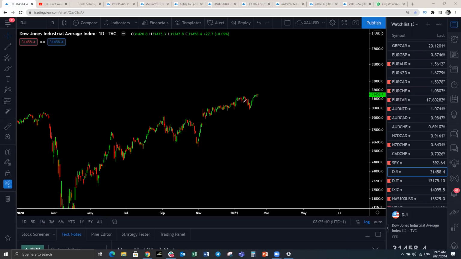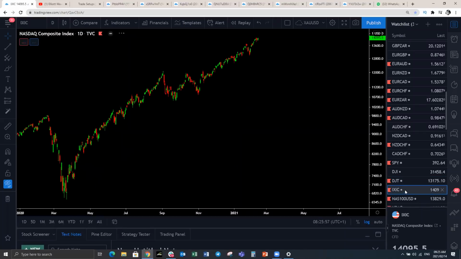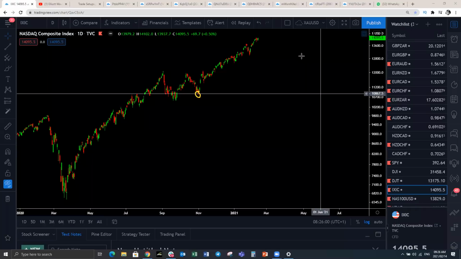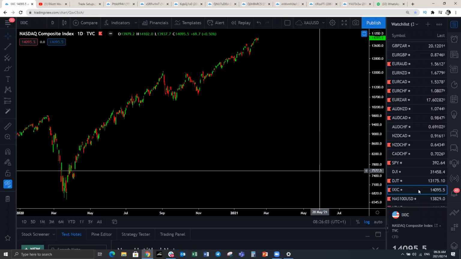What did we see in the last couple of days? We saw this corrective structure. We've been saying every time you see that correction, look for buy setups. What's happening now on the Dow? Another one. We're still expecting continuation to the upside. That's where the structures come from. Right, the NASDAQ, I've just shown you the NASDAQ. This is from where we were looking for upside on the NASDAQ, just looking for buy setups on the NASDAQ.